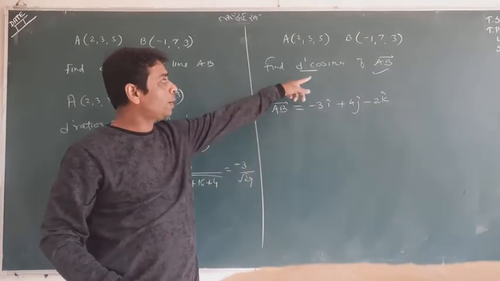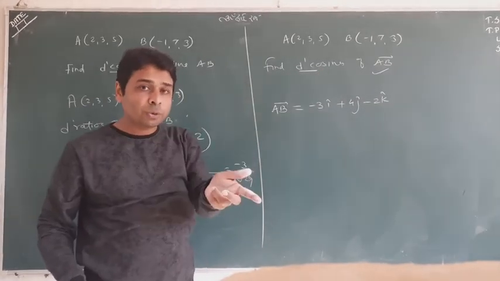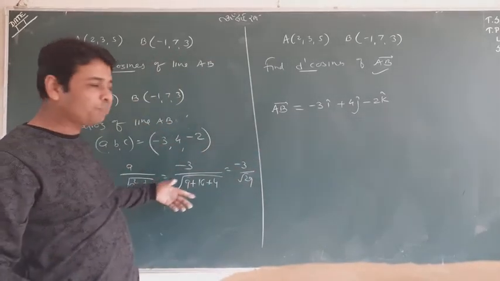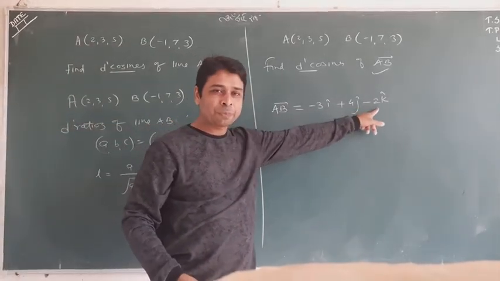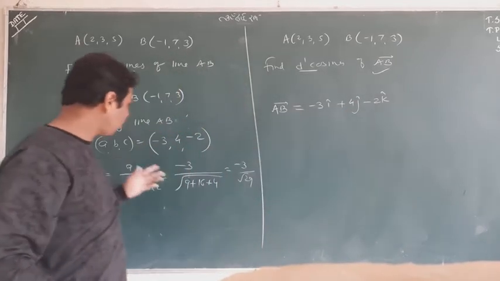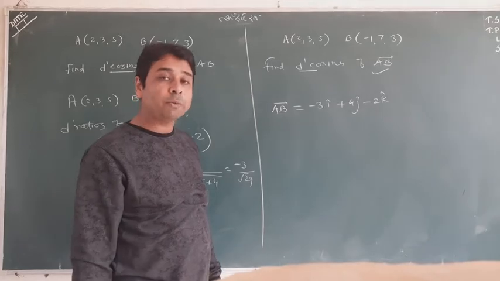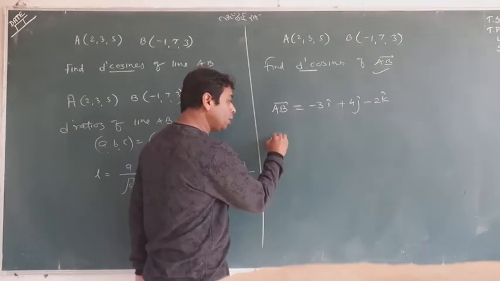Now we want to find the direction cosine. So how can we find the direction cosine? We have two ways. You can write by the same method: you say it is A, it is B, it is C. Write separately, use the same method and get your answer. But particularly if you want to use the vector method, then you will find the unit vector.